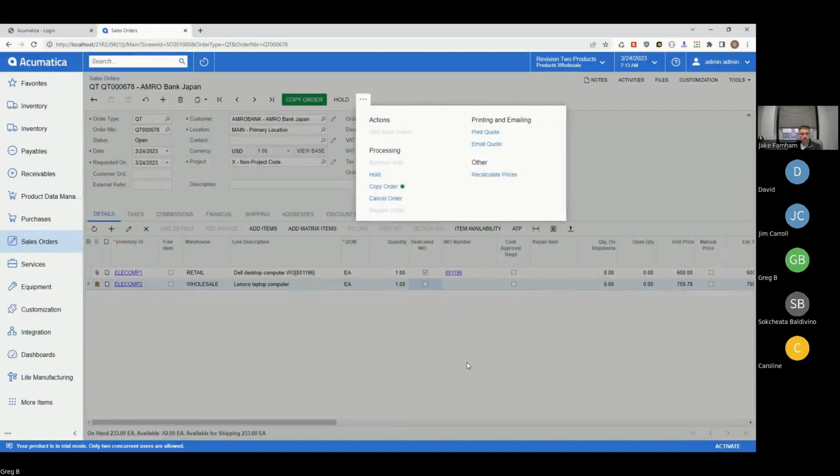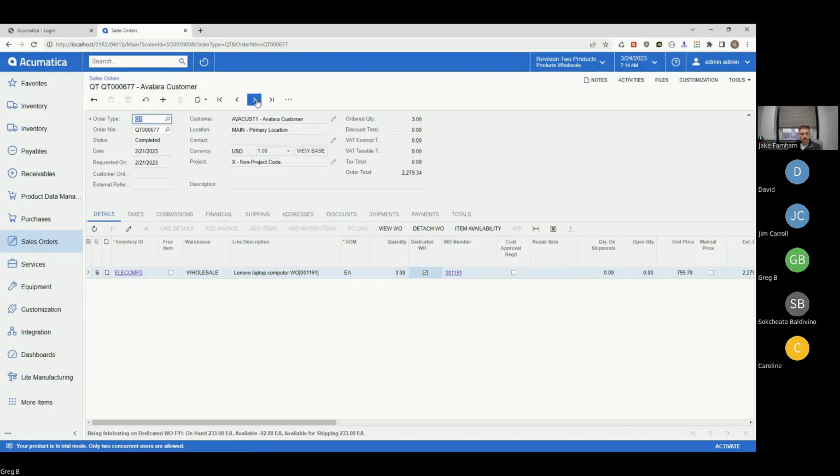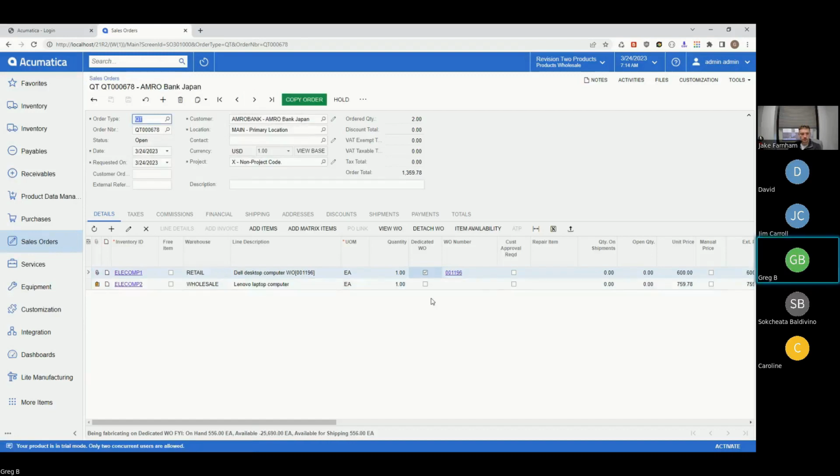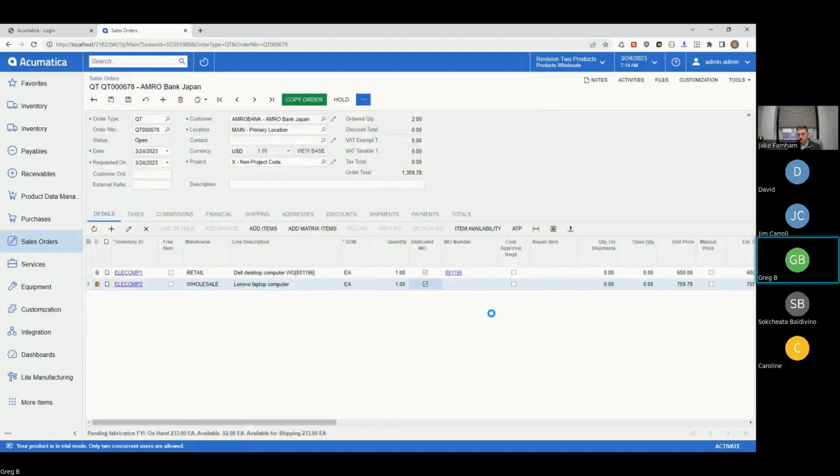Well, I don't know what's wrong now. Go back to this one here. Well, I guess I have to select the dedicated work order before it'll actually generate the work order. That was operator error, that one. Now I've generated another work order. When I go to that work order,